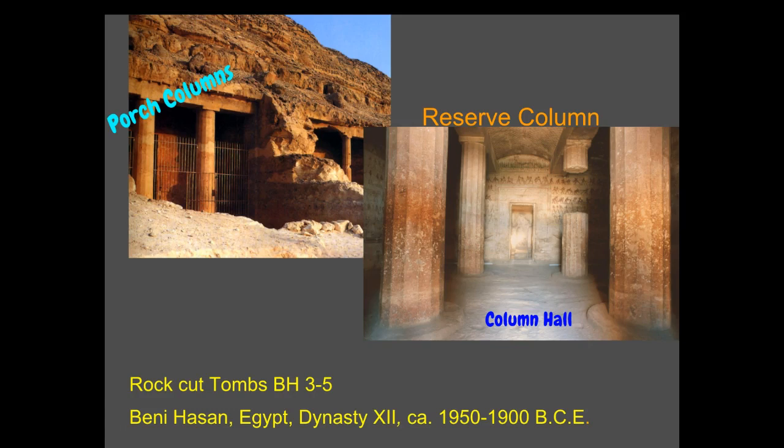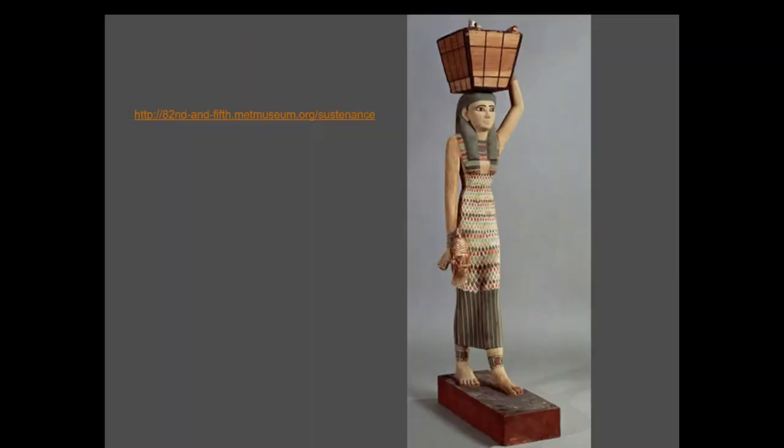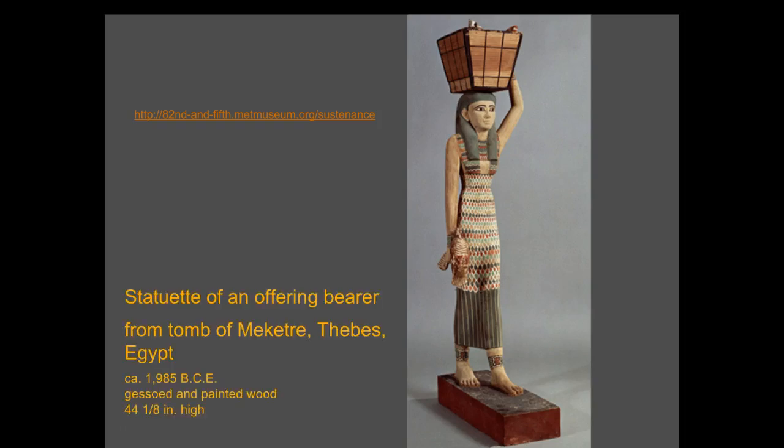A reserve column is a cutaway from the interior chamber to look like a column, but it does not give any structural support. Whereas we have the engaged columns, which are butted up against the wall, kind of acting as buttresses, that do hold support. There's another wooden figure. Look at the stance. She still has no shifting of weight, but the paint is exquisite. Look at the face. Look at the body. She's gorgeous.